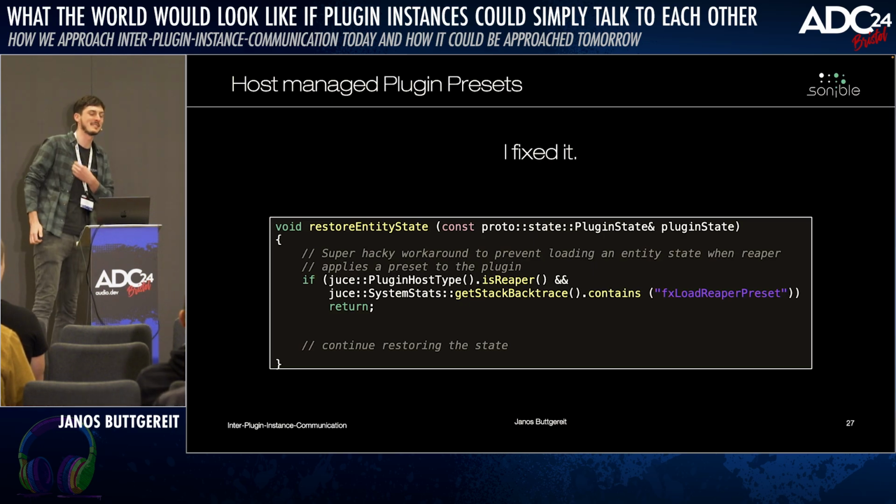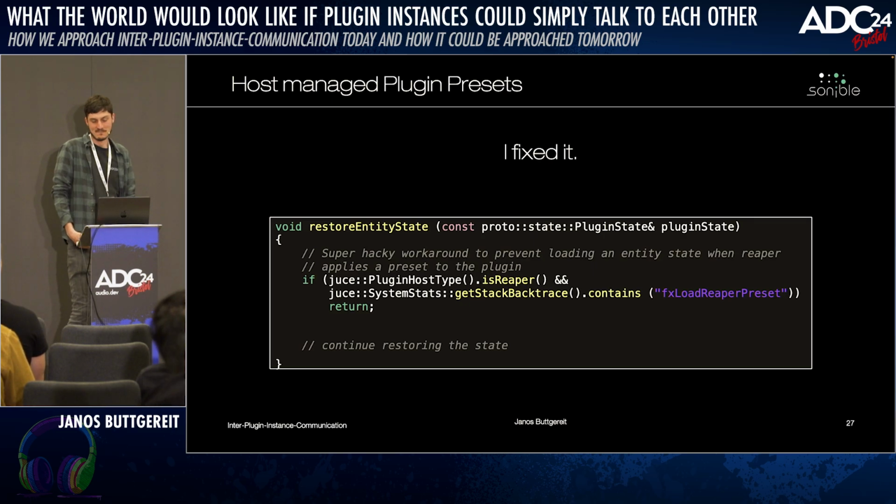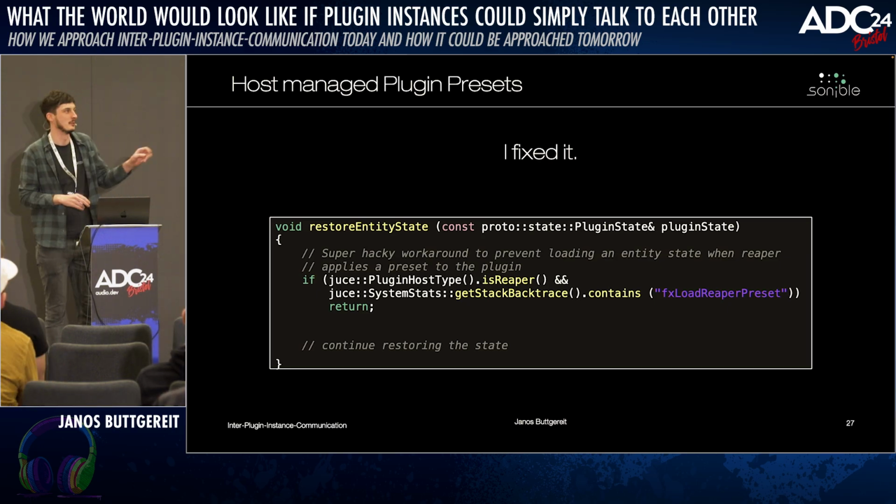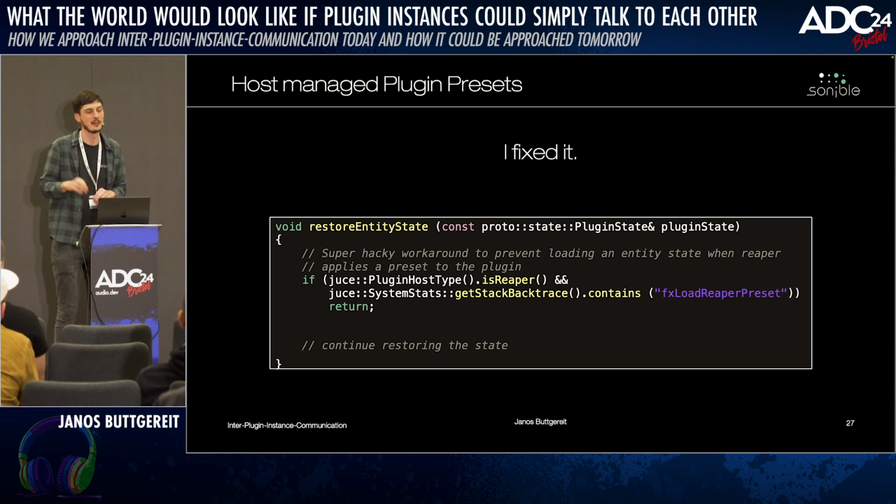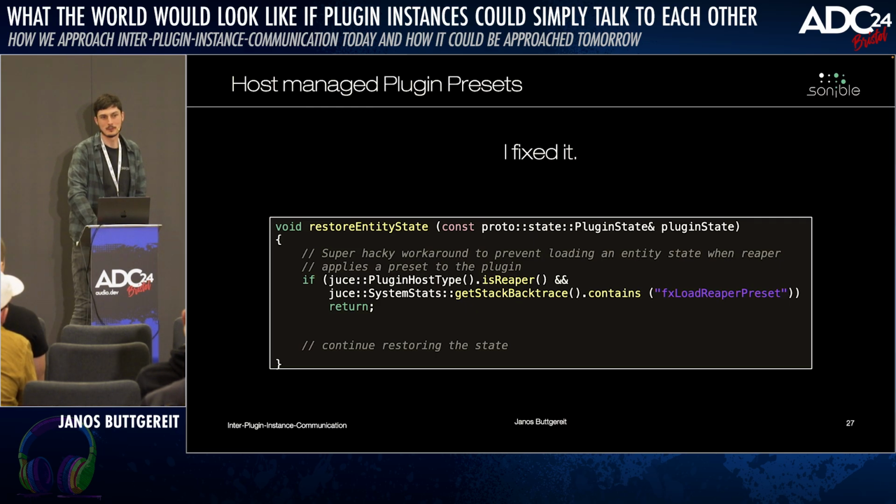This really feels so bad. And disclaimer, for other hosts, we did not find a clever solution like this. So this is a very specialized fix. In the end, we left it in there because it fixed a small problem for a small fraction of our user base. But yes, you don't want to write code like this.